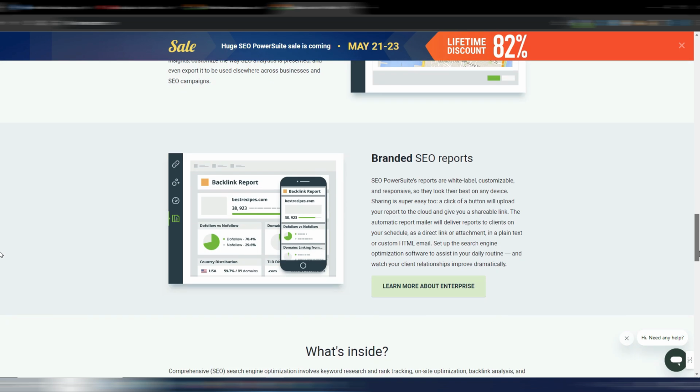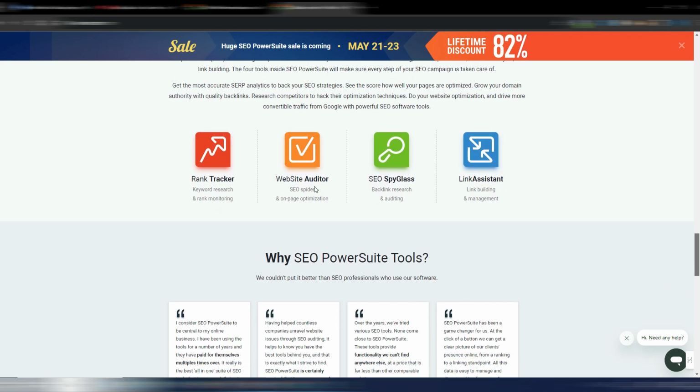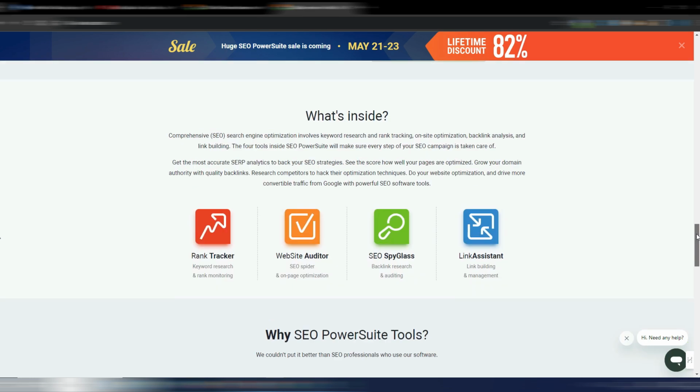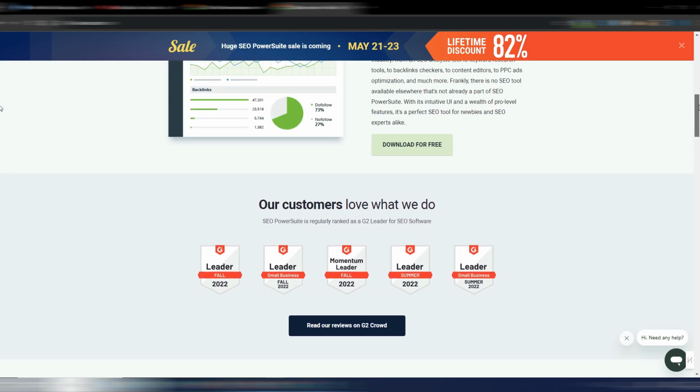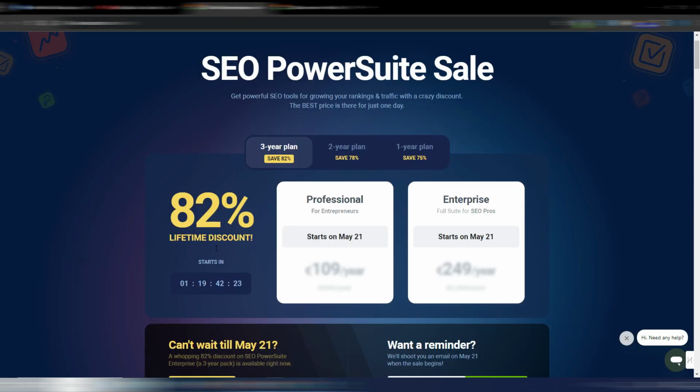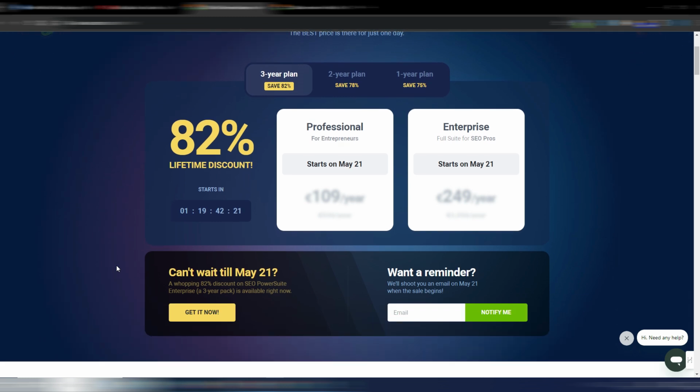If you don't know how this suite works, well, again, by clicking the link in the description, you will go to this page. You can see all the tools you have in the SEO PowerSuite. These are not online tools, these are software you need to download to your PC in order to use them, but this suite is working pretty good for the price. And again, this sale will only last 3 days, from May 21 up to May 23,